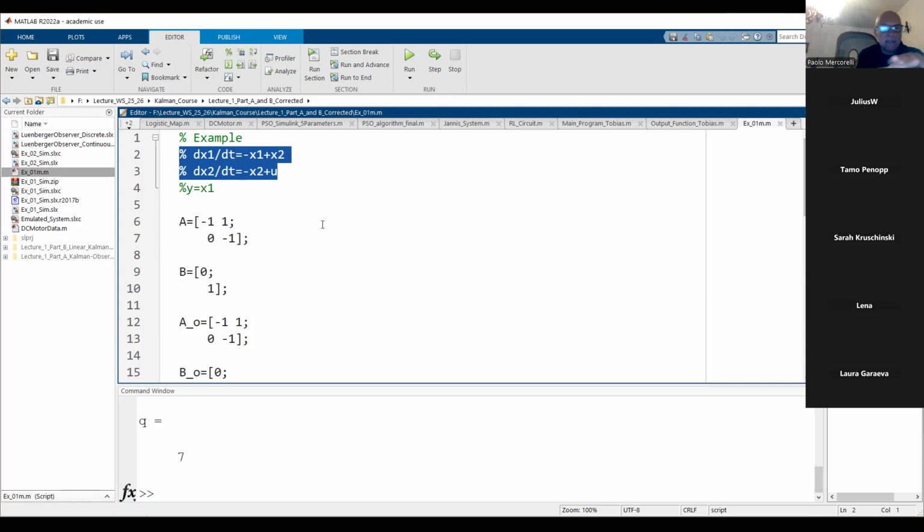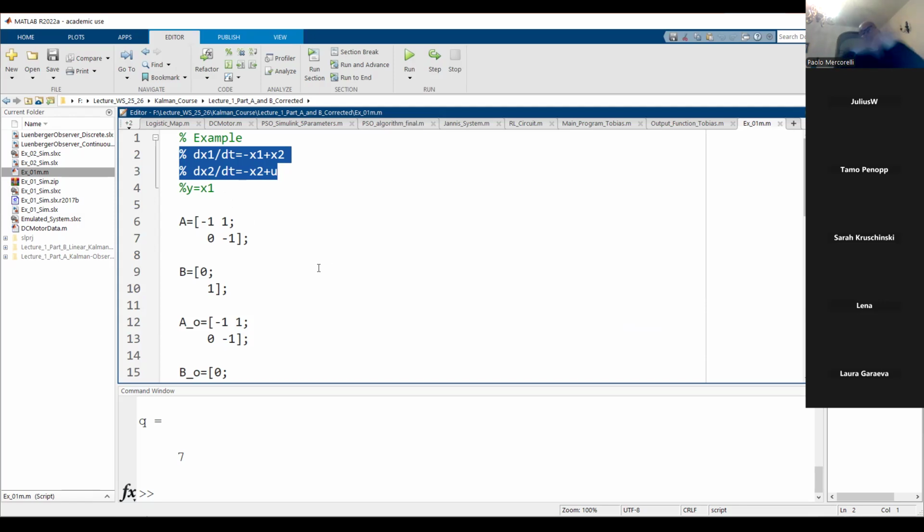I think somehow I have also here the DC drive. I don't remember. Yeah, it seems to be DC motor data I see in the list of the files under current folder. But if you remember this, it is exactly the example in which I try to introduce the concept of fully observable,